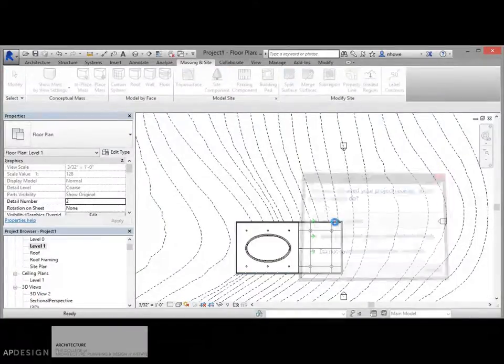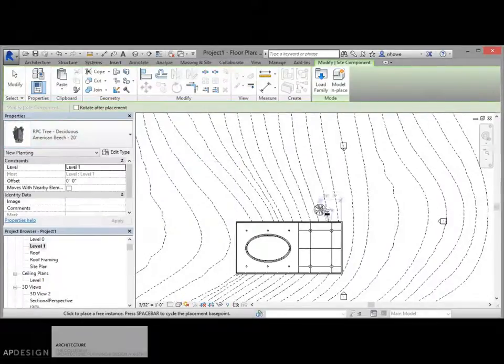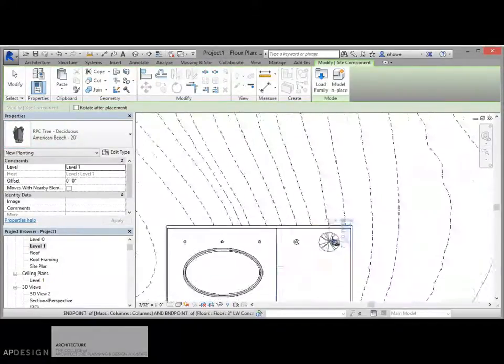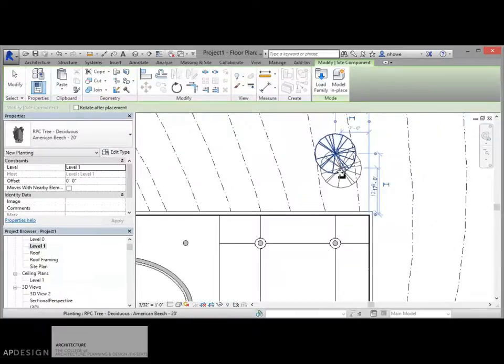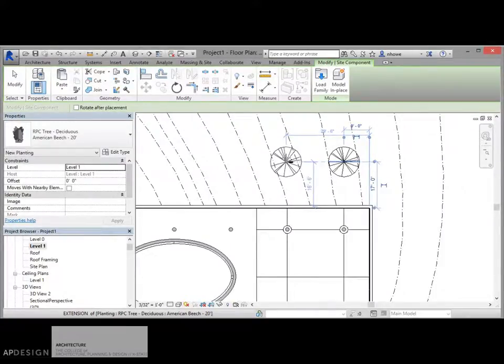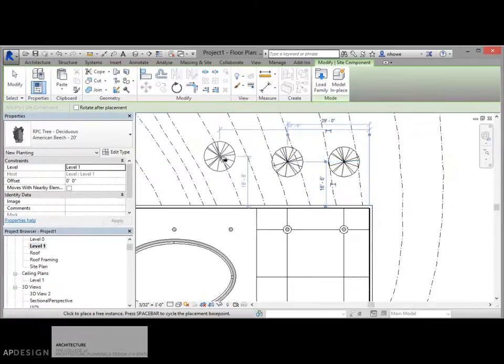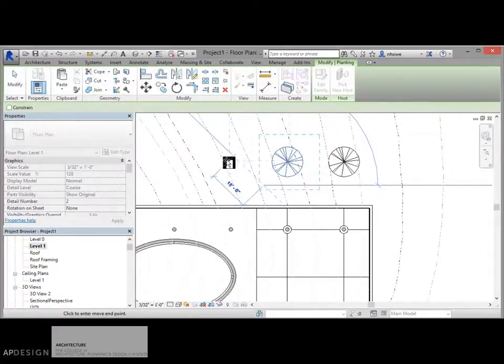So I'm going to grab a deciduous 20-foot beech. Okay, fine. And so I might start thinking about the kind of pattern that I already have set up and use that perhaps as a